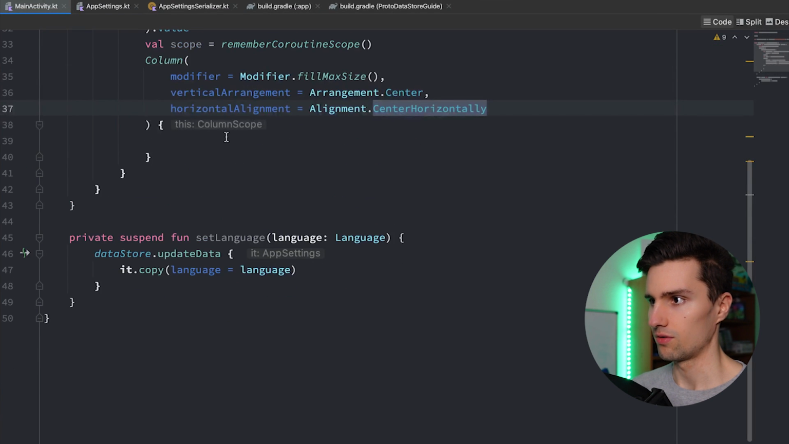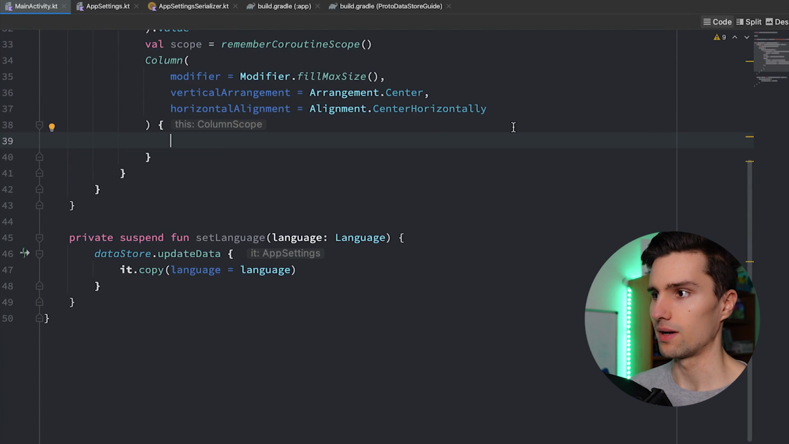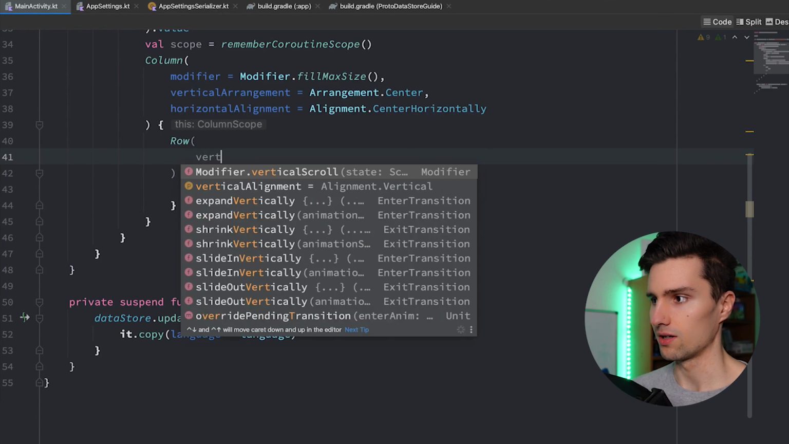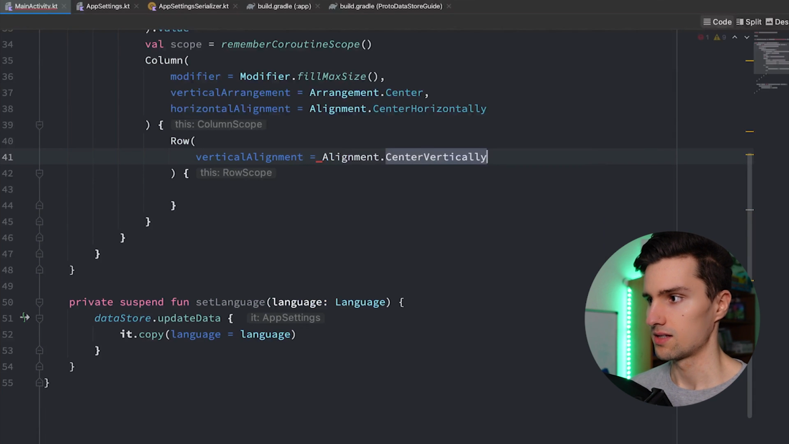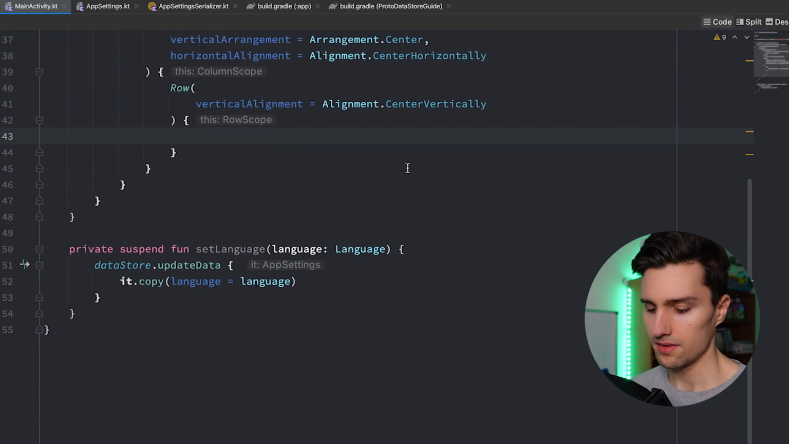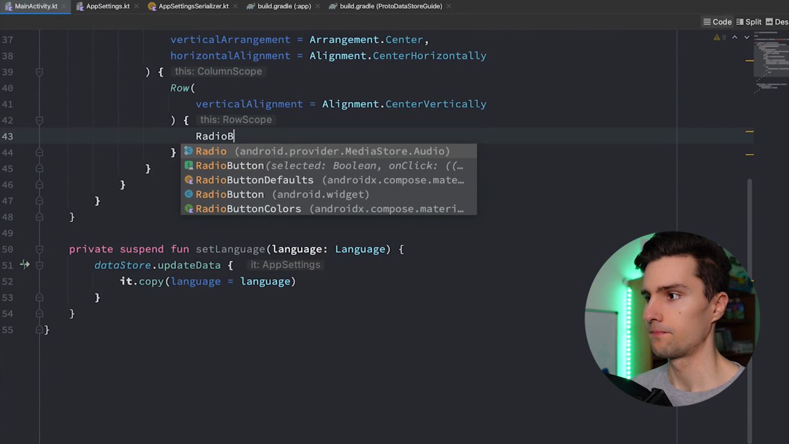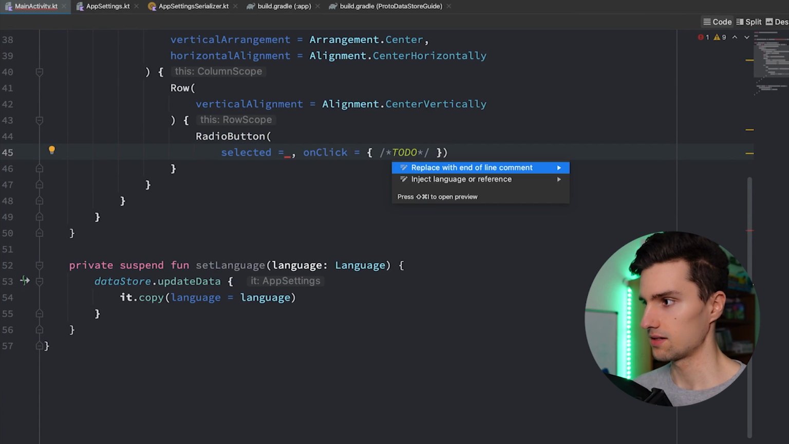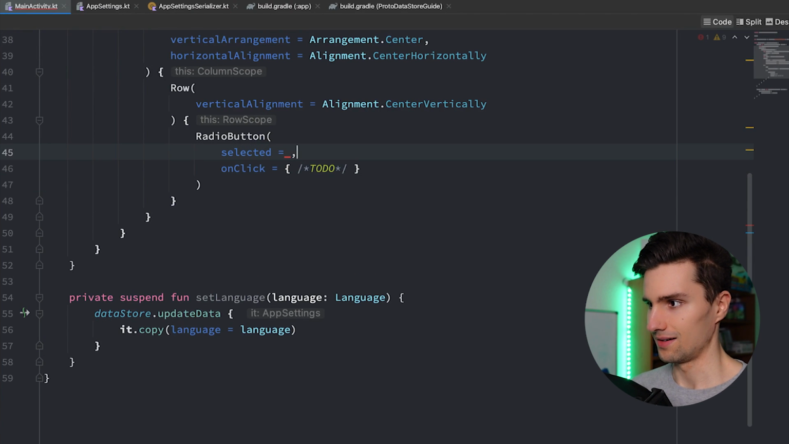And inside of this column, we will simply have a row of radio buttons. A row because we would like to have a button and a text. Let's also say we have vertical alignment set to center. And then we simply have our radio button. Well, when is this radio button selected? Please let me format that. Okay. Well, this is actually selected if our language that our app settings object contains is actually the language this